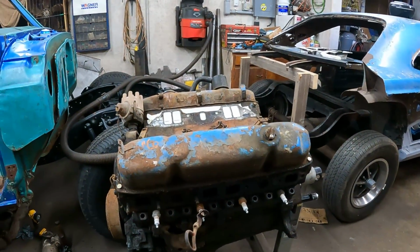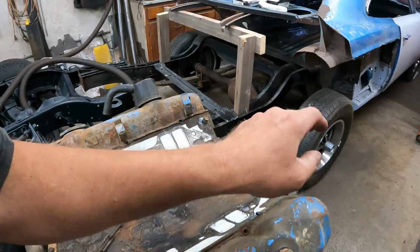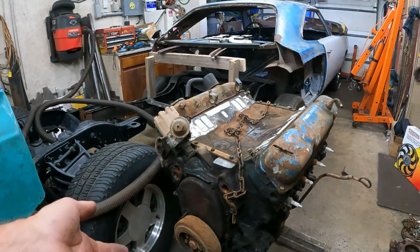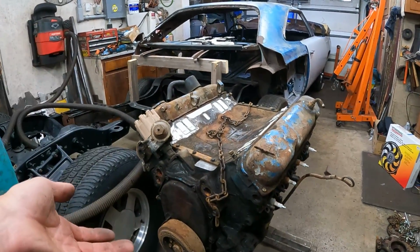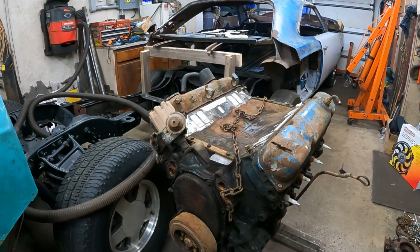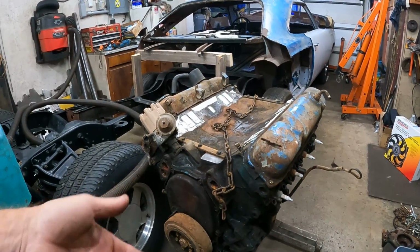So I took it all apart last time. Found a bent and a broken pusher on this side, which I think had a stuck valve, which appears to be unstuck now. But I'm probably going to send this out to the machine shop, get it bored 30 over, and I want to put a hydraulic roller camshaft in it, and a basic rebuild, no fancy parts,